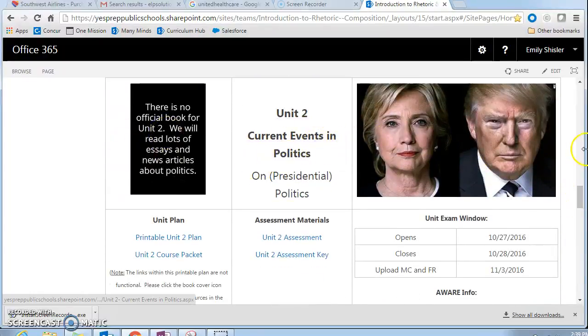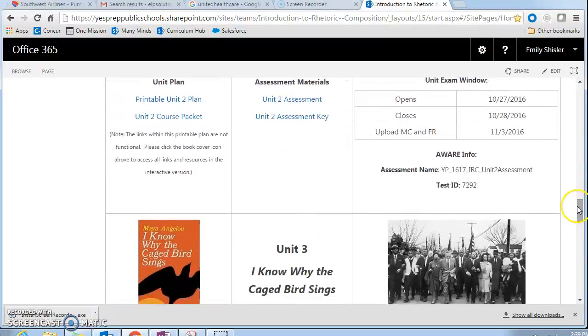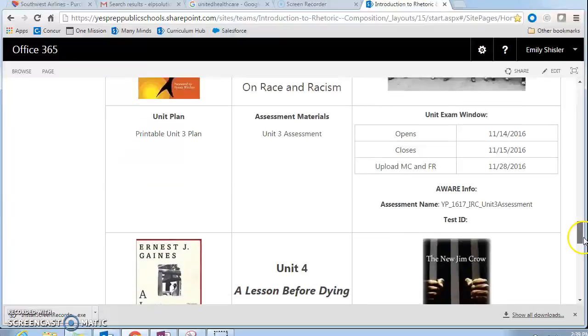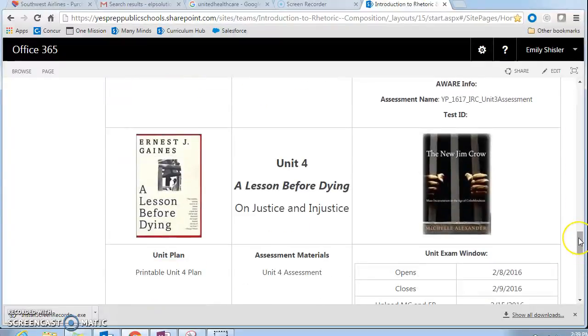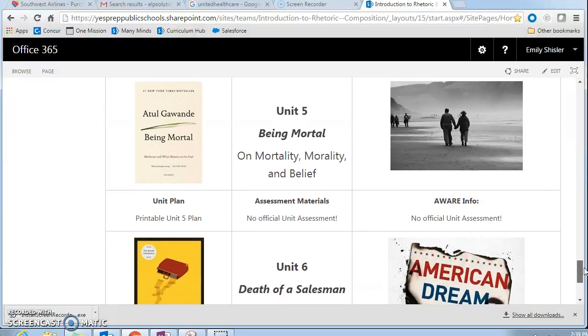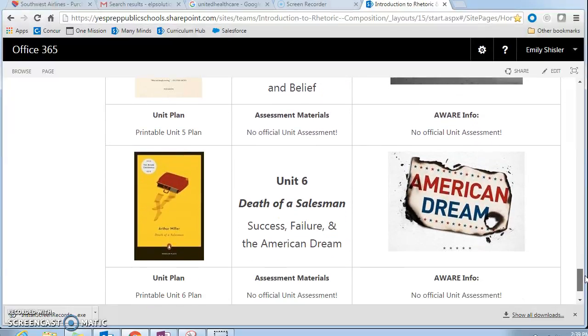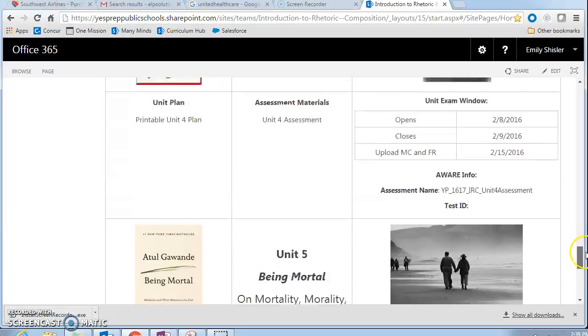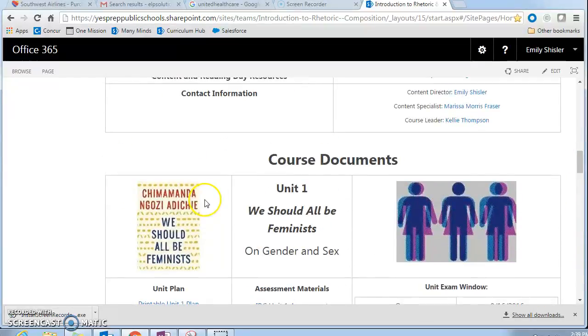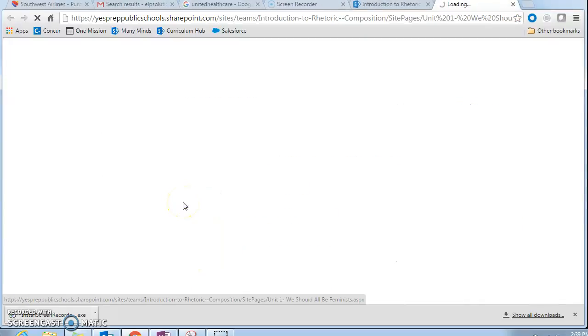Here's the page for Unit 2, which is still being finalized. And Unit 3, again, links to the subpages, subunits. Unit 4, Unit 5, and Unit 6. And side note, don't you totally want to take this class and read these amazing texts? It's so smart. So I'm going to just take us into the subpage for Unit 1,